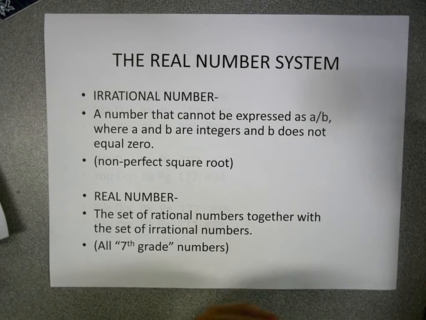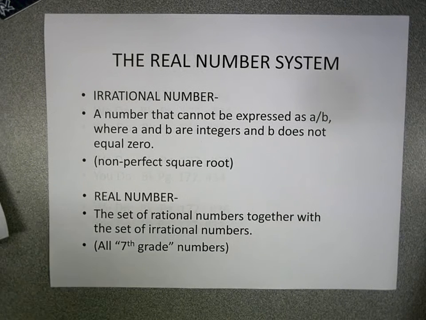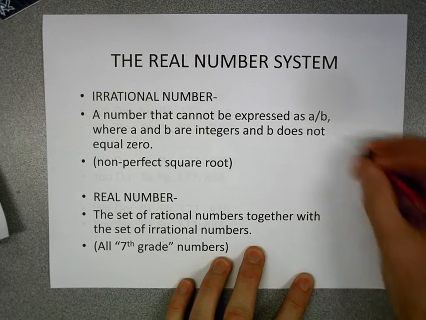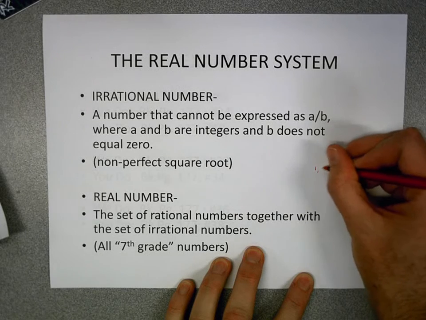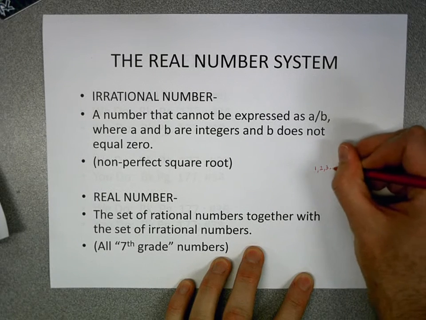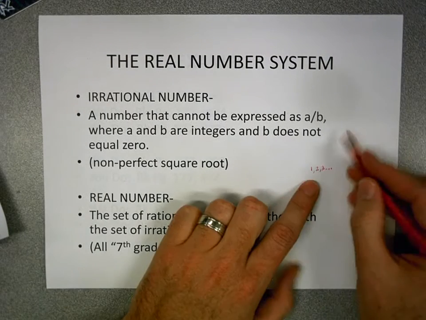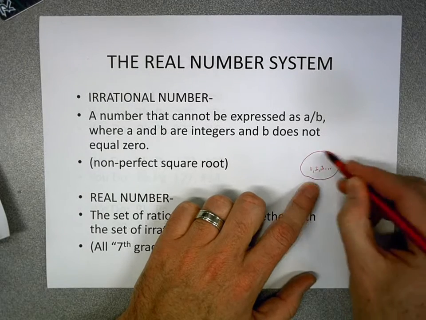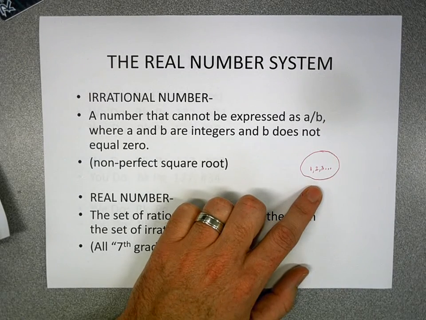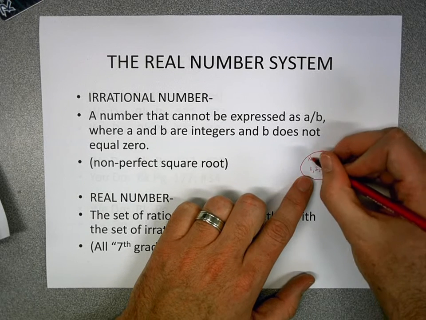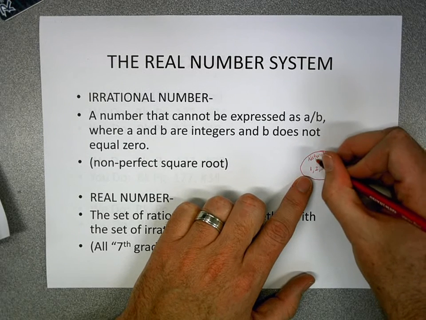even when she was younger, when you guys were younger, when you first learn numbers, what do you do? You start counting. And when you count, you say 1, 2, 3, 4, 5, just your basic counting numbers. So I'll put something like this: 1, 2, 3, and just dot, dot, dot. I'm going to put a circle around it. Those types of numbers, like when you first are really young,